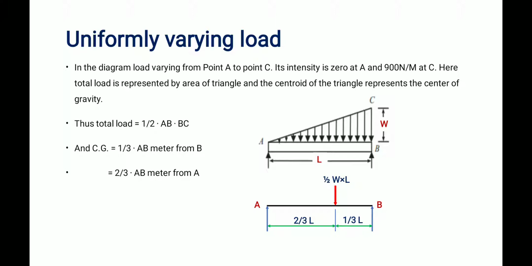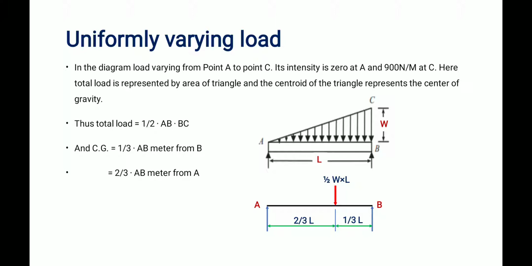Here also, while calculating, we have to convert it into the point load. How to convert it into the point load? How much load means here the area of the triangle. We know that area of the triangle is half into base into height, right? So half, base value is L, height value is W. W is the maximum weight, and the length over which it is acting is L. So in order to find the effective point load, we have to use the area of the triangle formula, half into W into L. So this is the effective point load, which we have to put on the beam.